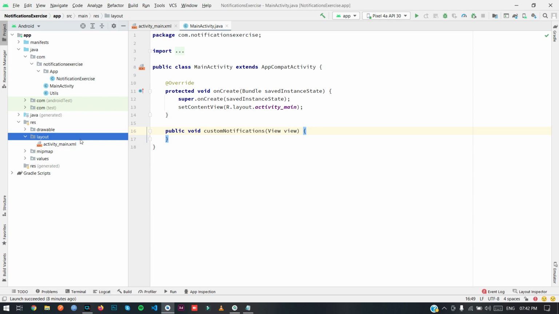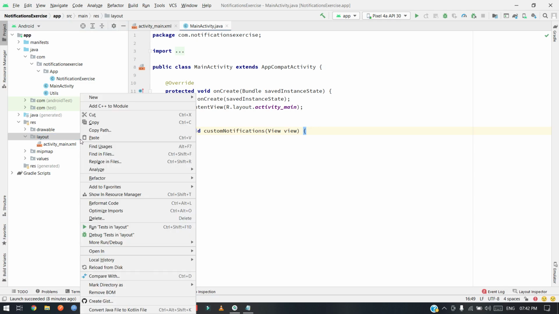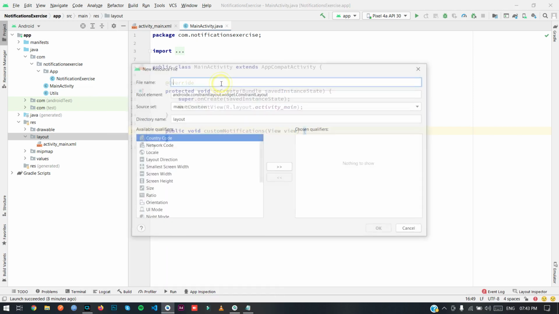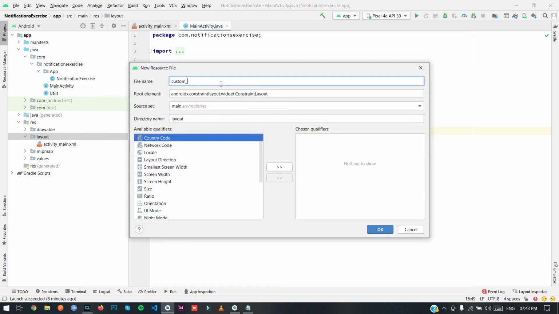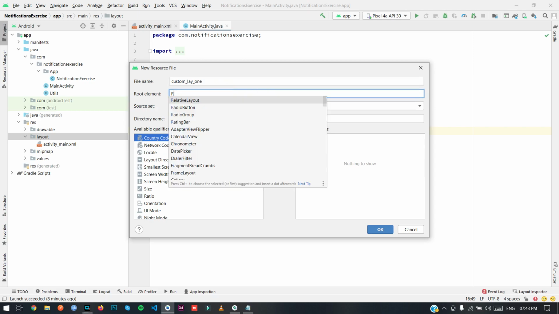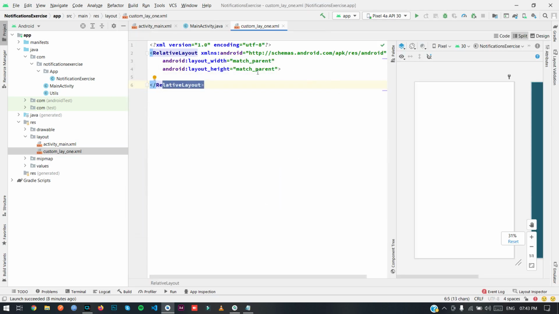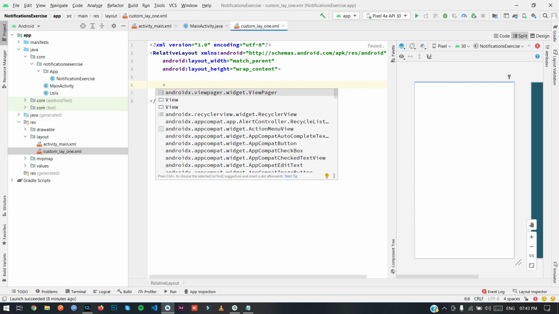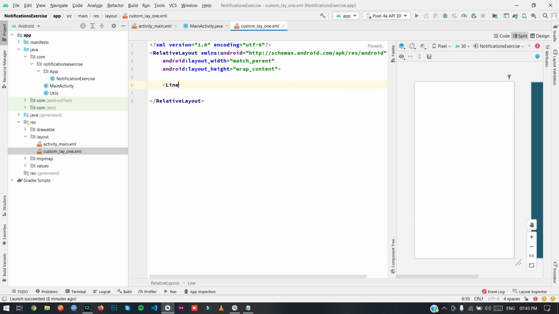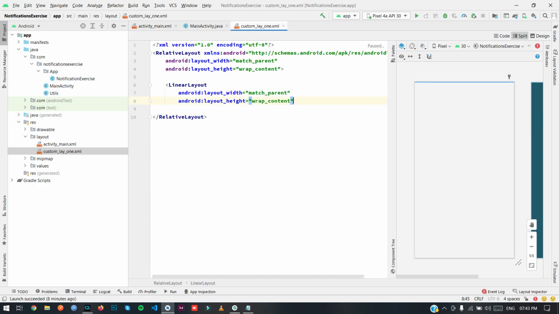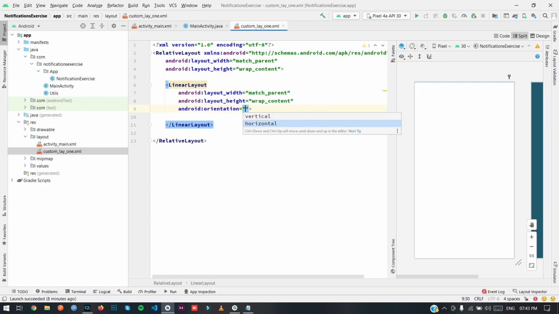And in this custom notification we will need layouts. So I'm gonna create a layout first, which I named custom_layout_1. Okay, relative layout as a root layout. Okay, now I'm gonna use wrap content. Now I'm gonna use a linear layout, which will be match parent, wrap content, and horizontal orientation.